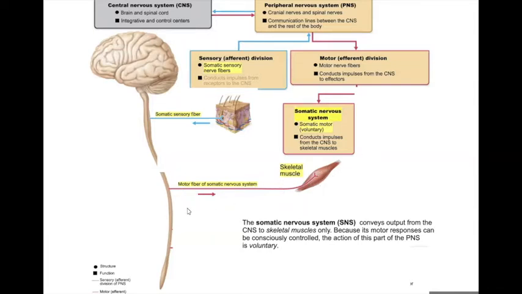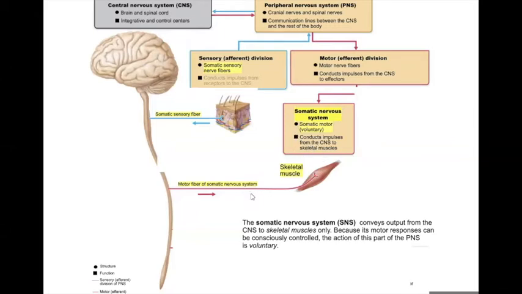We've already learned about this, right? Those motor neurons with their motor units innervating the skeletal muscle fibers, right? And so if you want to consciously walk over, pick up your pen, start writing, pick up a glass, start drinking, you can do that or not do it. Right? You're going to do this based on whether you want to do it or not. So this is a voluntary